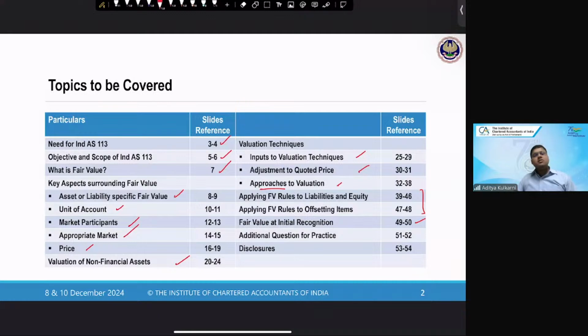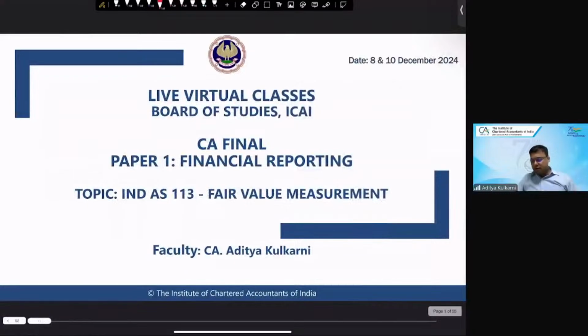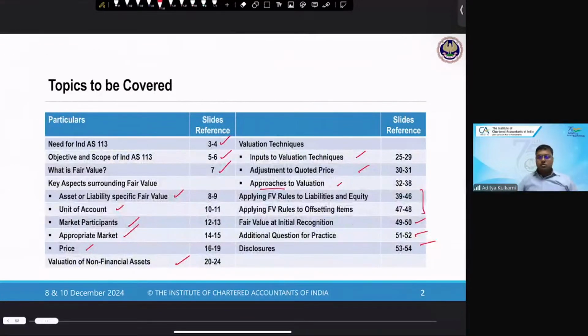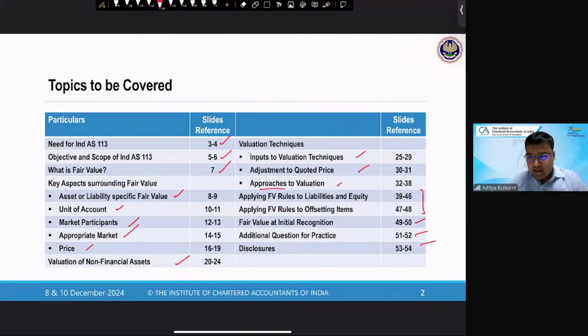And then we saw certain questions that we discussed today. So with that, I think we have covered your fair value measurement in detail. At this point, if you have any doubts, please feel free to ask. I took half an hour and after that 5 minutes to discuss the entire summary of whatever we have covered. So at this point, any doubts, any queries?